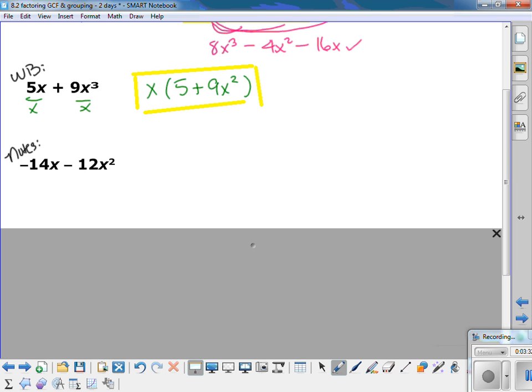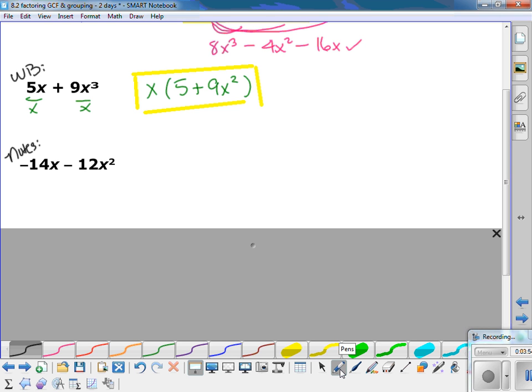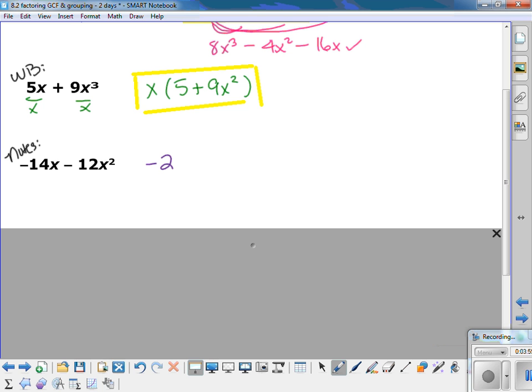Alright, so now I have negative 14x minus 12x squared. When your leading term has a negative, it's a good idea to get in the habit of factoring out the negative as well as the number. Because when we get into factoring trinomials, it's going to be a lot easier if your leading term is not negative. So we're going to factor out that negative, and 2 goes into 14 and 12, and they have 1x in common. So I'm going to factor out a negative 2x